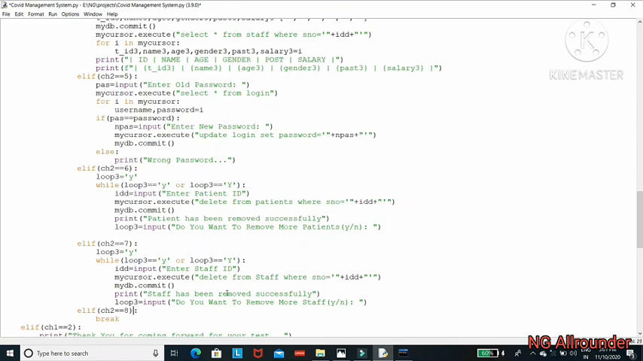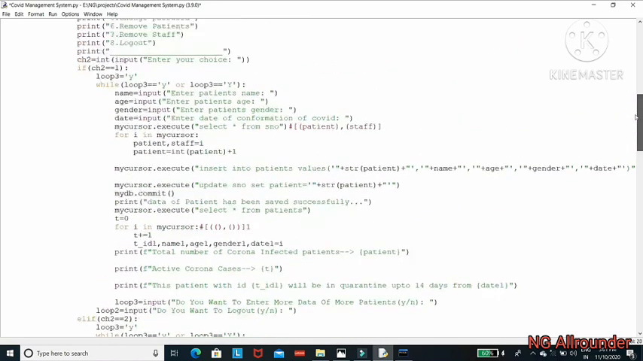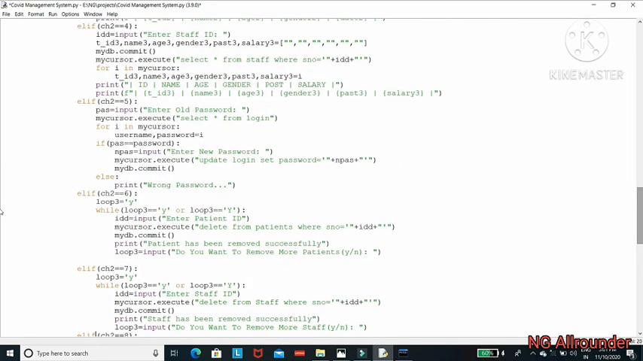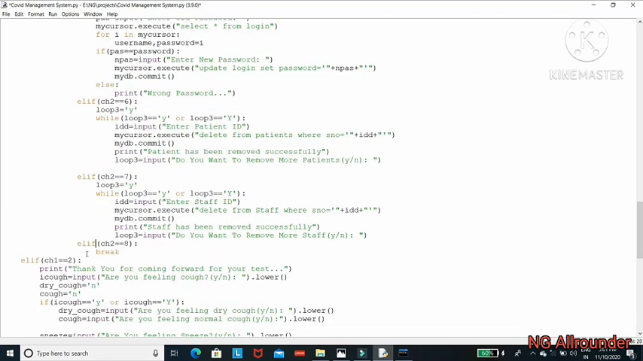Okay, elif, because what is the eighth condition? Logout. It's so simple. The coding of eighth is really so simple because you just need to write a term which is break. What will break do? It just